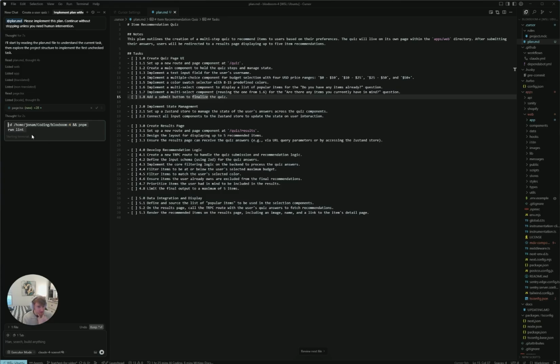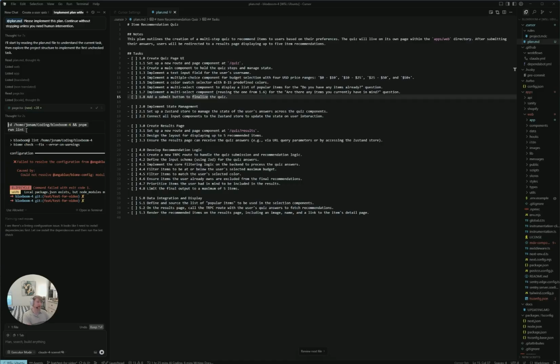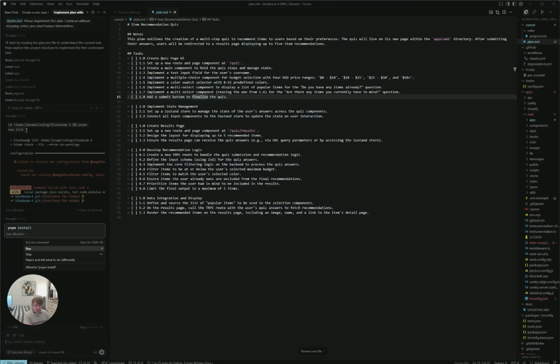Another thing is it's going to be running commands, and the first time you do this, it's probably going to say approve, decline, skip, stuff like that. Here's a great example. We can click run, skip, reject and tell it to do differently, or allow list. If the command is safe, like let's say cd or ls or pwd, I don't see a way how the AI agent could get itself into trouble